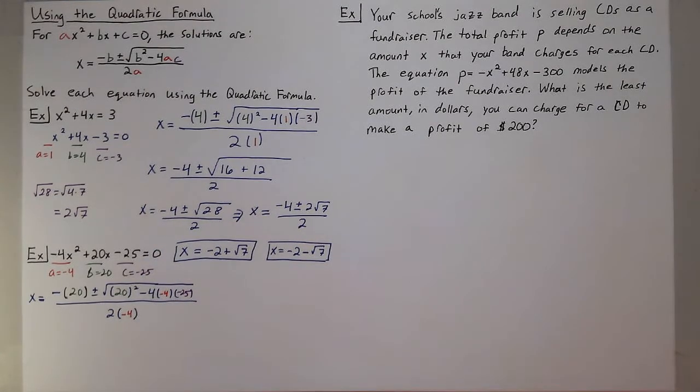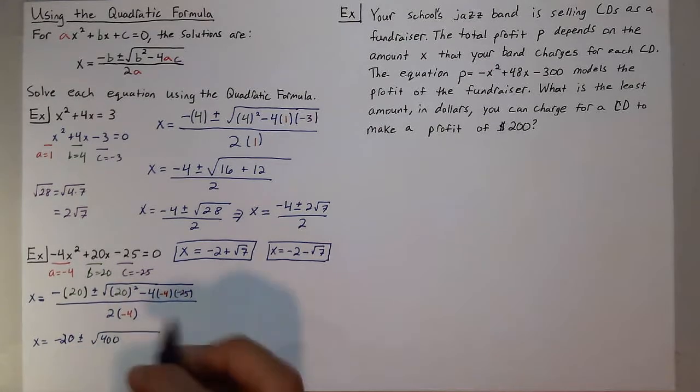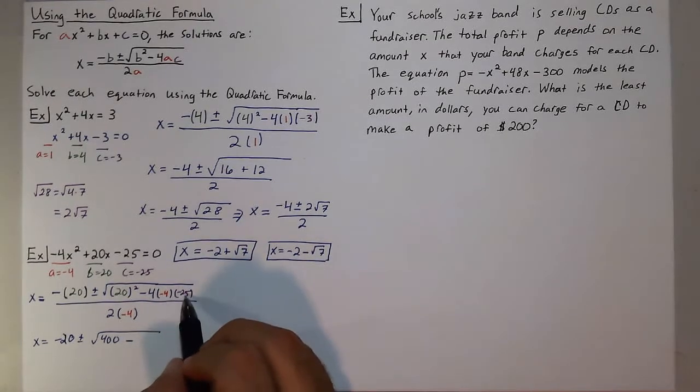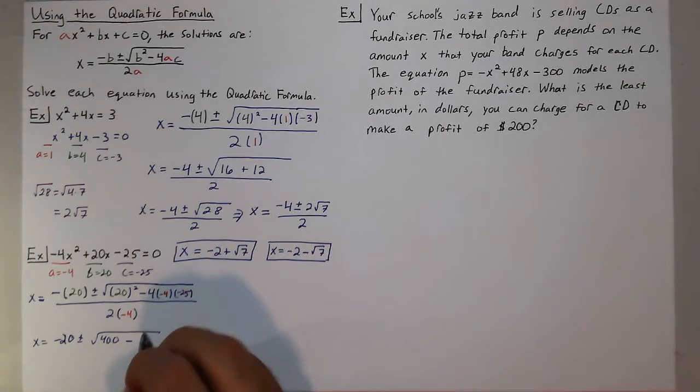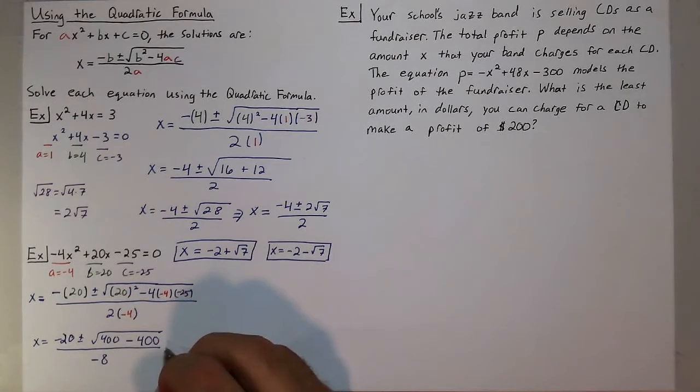Now, as I go to simplify this, I'll get x is equal to negative 20 plus or minus the square root of 400. Here I have 3 negatives being multiplied, so I'm going to end up with a negative. And 4 times negative 4 times negative 25 would be 100 times another 4 would be negative 400, all over 2 times negative 4, which is negative 8. You'll see here I get 400 minus 400,